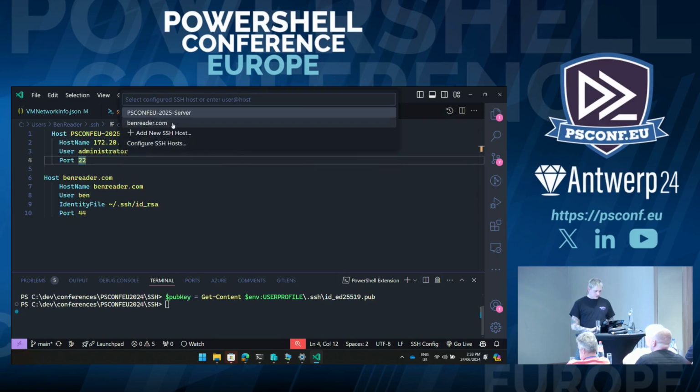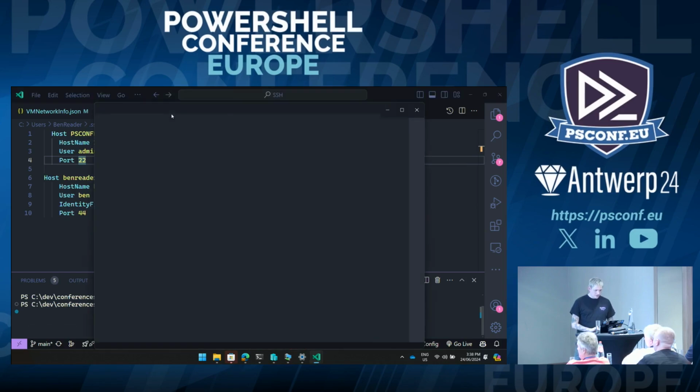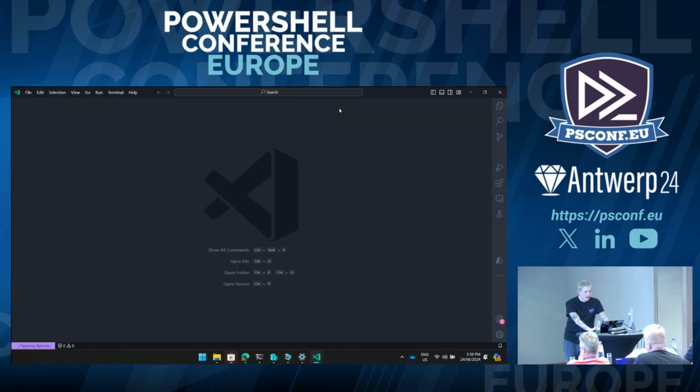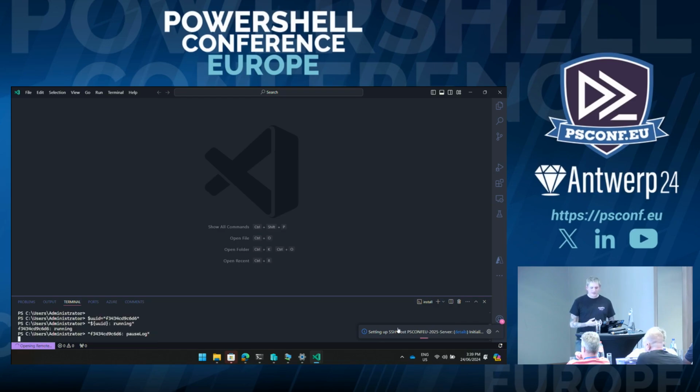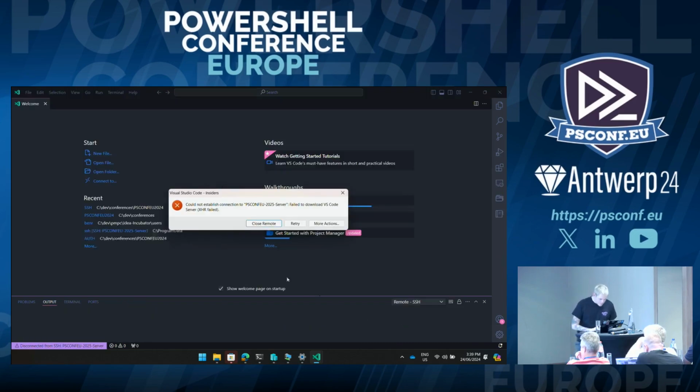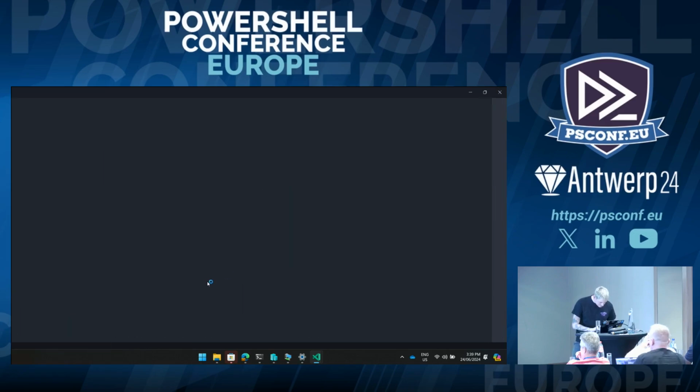Connect to host. I'm going to select 2025 server. I'm just going to give this a second. It's essentially using SSH to tunnel into my environment. What it's doing the first time, and this may take a little while because we're on conference Wi-Fi, is it actually installs the SSH server on the machine. I then use VS Code on my machine as a front-end client to tunnel into that machine, and then I can do whatever I need to do. Let's try this one more time. And if it doesn't work, I'll show you on another environment.